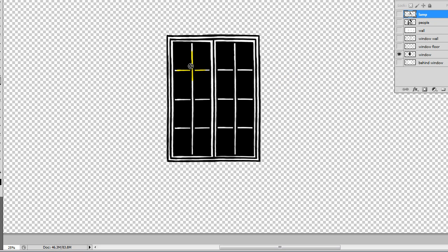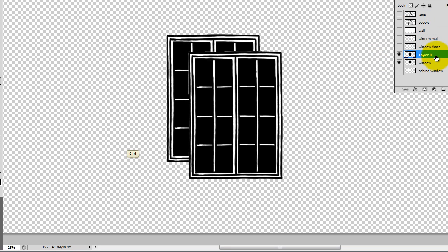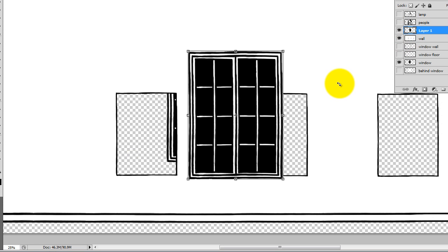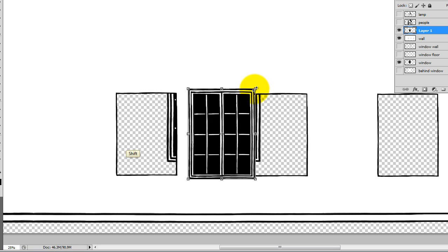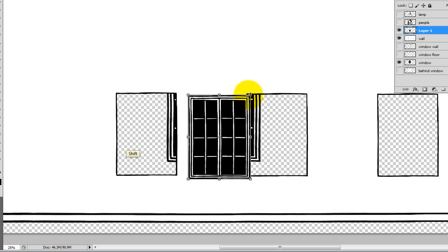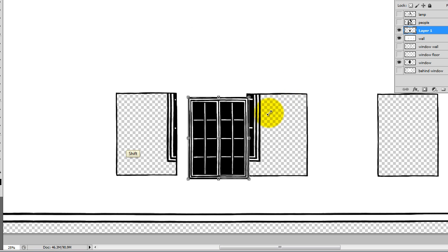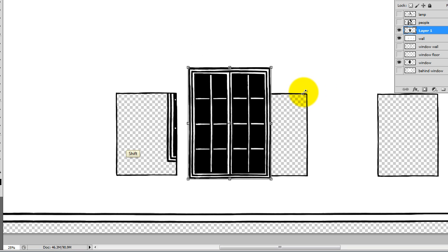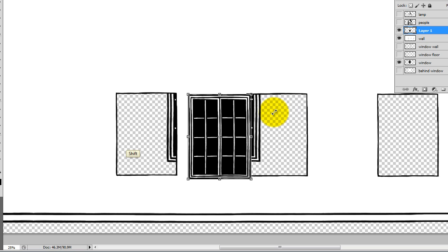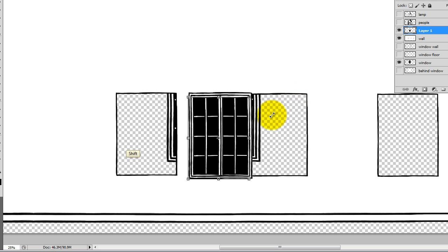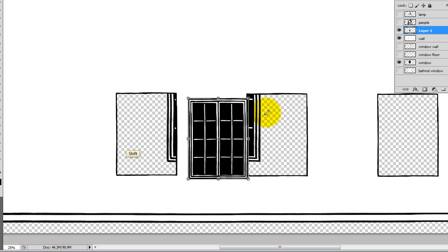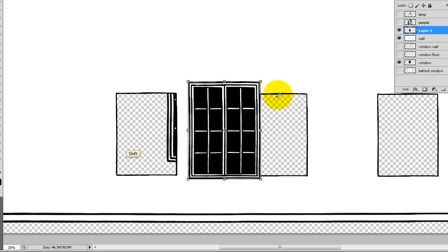the way I did that is I copied this layer. I'll go ahead and do it here to show you. If I copy this layer and then get the transform tool and hold shift and change the size, it'll keep the width-height ratio, and that way, even though I scale up and down, the width and height will match the original window. And that's important. You can have it at any scale, but you want the width and height ratio to stay the same. So once I scaled it down to fit the wall, I copied and pasted the window 3 times on